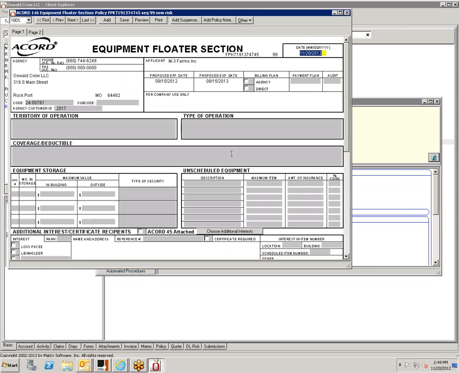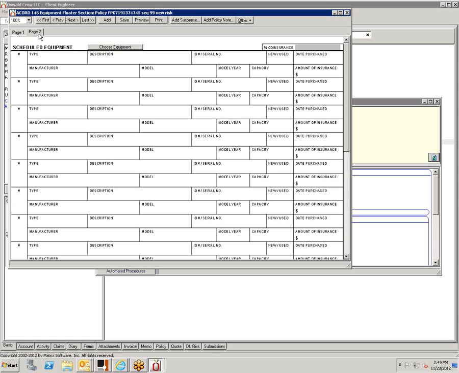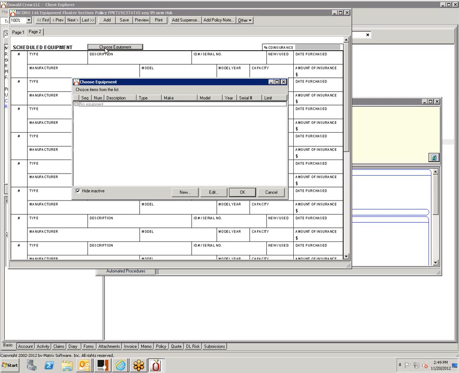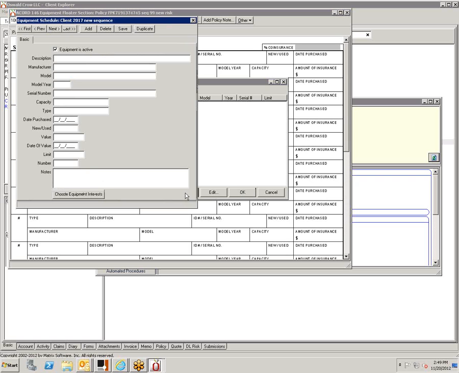You see this equipment floater? Okay. Here's page number 2. This is accessing that driver, vehicle, equipment schedule area, what we call schedules. And so you would just choose equipment, and you would just click on New, and this would be some sort of tractor, I guess. Yeah.